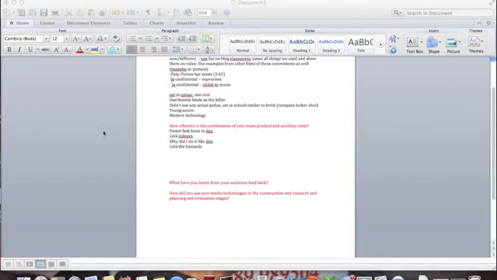The second question is, how effective is the combination of your main product and your ancillary text? Well, for the main product, we did the short film noir, and for my ancillary text, I chose to do a movie poster for our film and a double page spread, like a film review in a magazine. So, linking together, well,